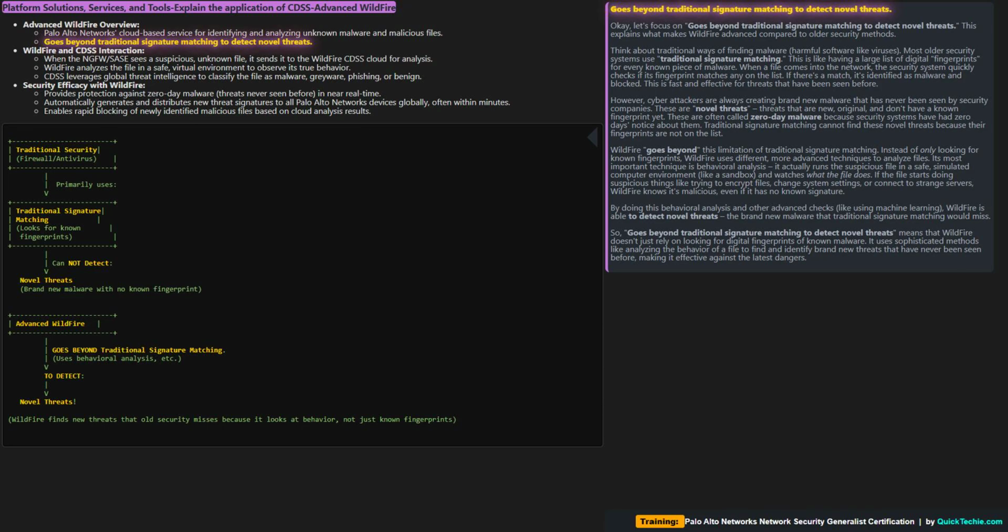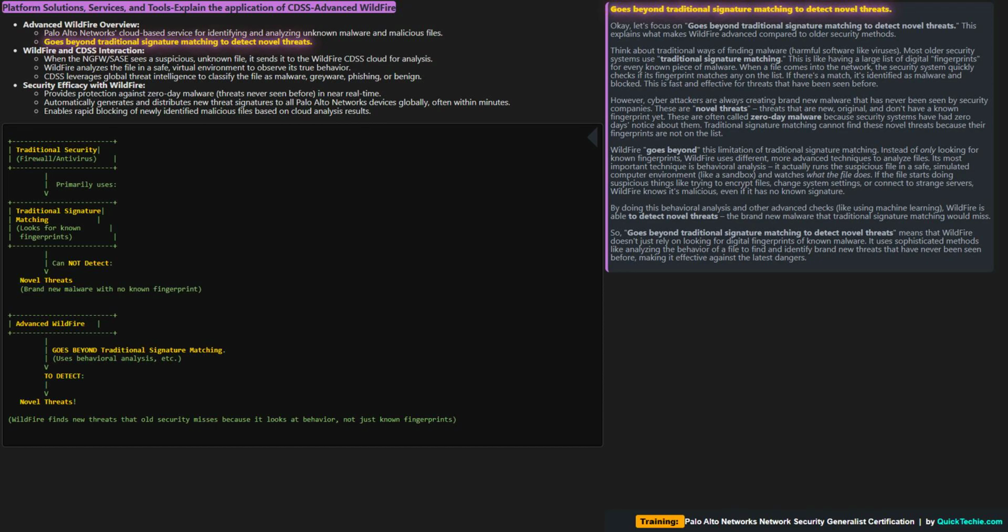WildFire goes beyond this limitation of traditional signature matching. Instead of only looking for known fingerprints, WildFire uses different, more advanced techniques to analyze files. Its most important technique is behavioral analysis. It actually runs the suspicious file in a safe, simulated computer environment, like a sandbox, and watches what the file